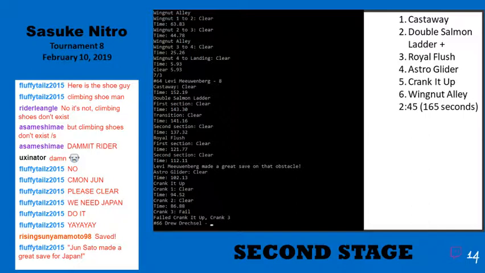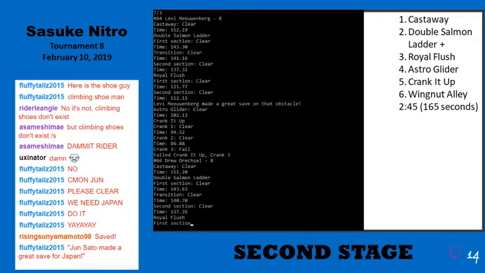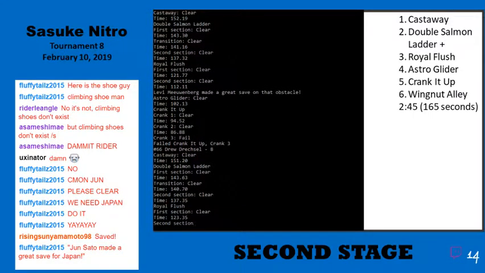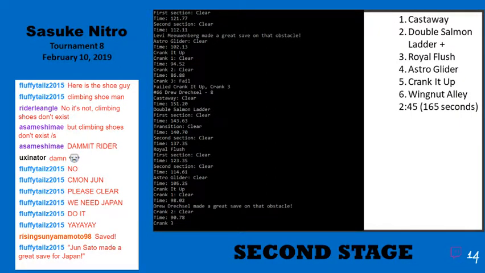Move on though to Drew, who is a perfect 6 for 6 on this second stage. So can he make an unprecedented 7th trip to the second stage? Or past the second stage to the third stage. Good job, mate. Here he goes. 165 seconds for these 6 grueling obstacles. Through the Astro Glider, he beat that at the...